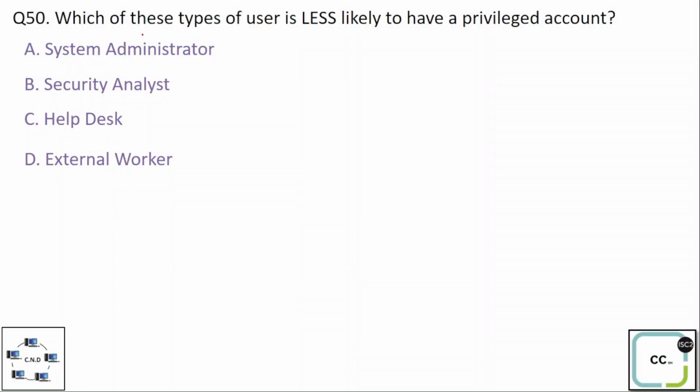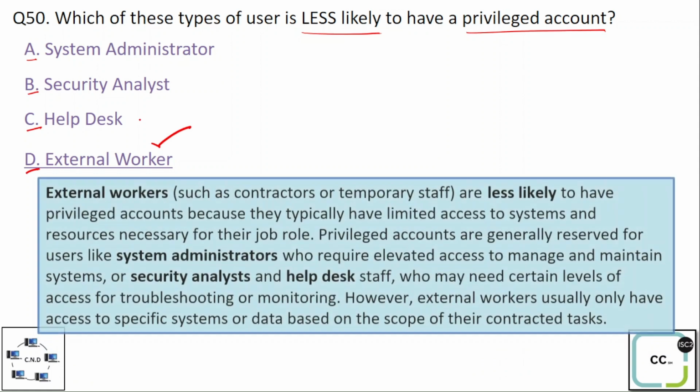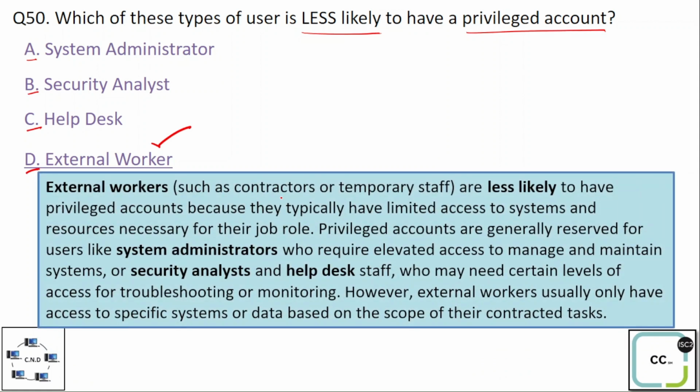Question number 50. Which of these types of user is less likely to have a privileged account? Option A, security system administrator, option B, security analyst, option C, help desk, and option D, external worker. And the correct option is option D, external worker. So external workers such as contractors or temporary staff are less likely to have privileged accounts